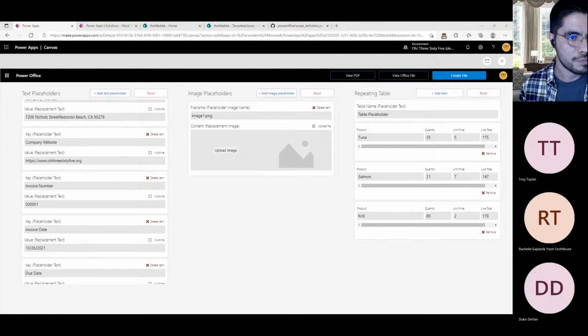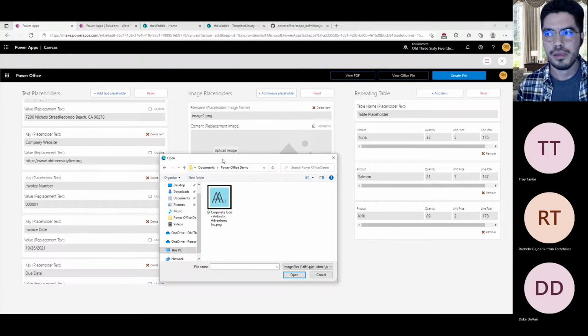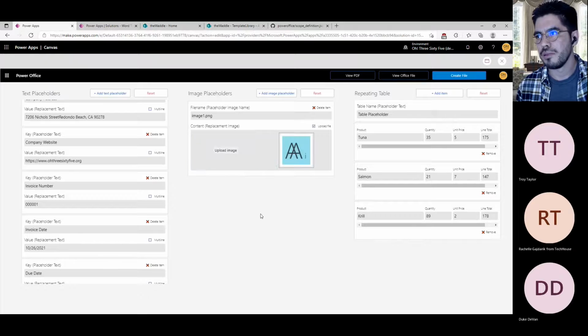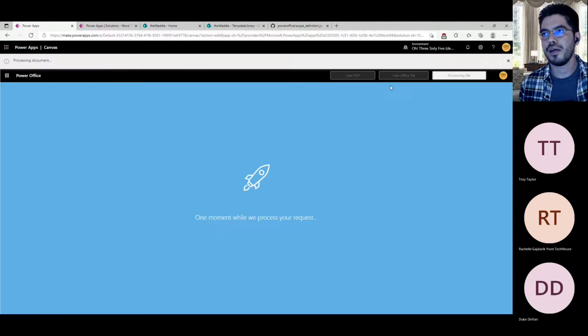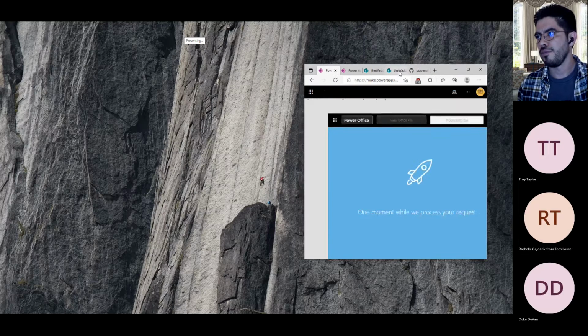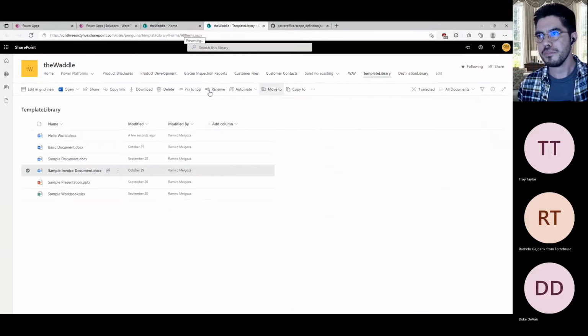And let me find the document that I was looking for. I have my corporate, and I'm going to hit create file. And then while that finishes running, let me go into our destination library